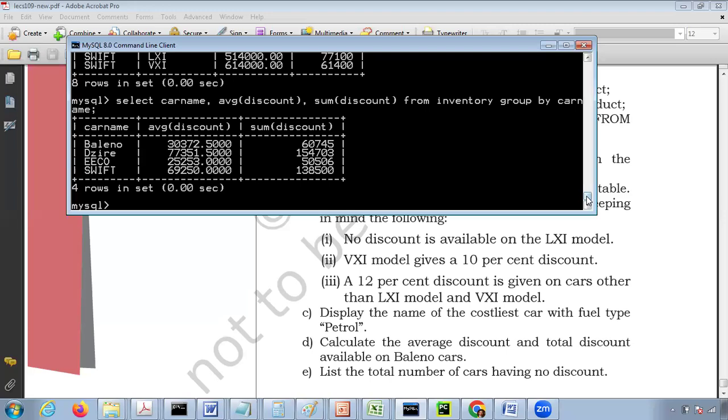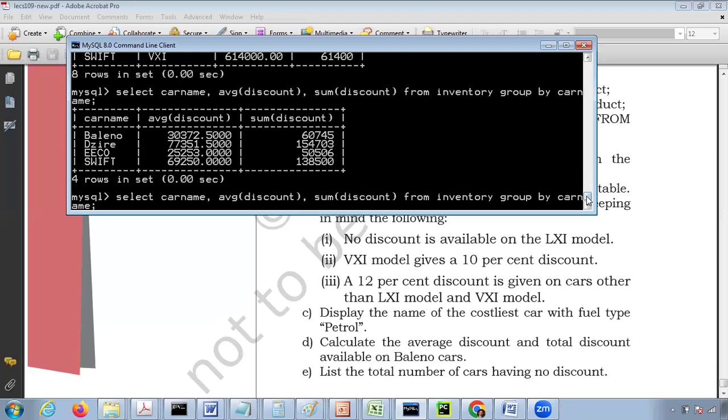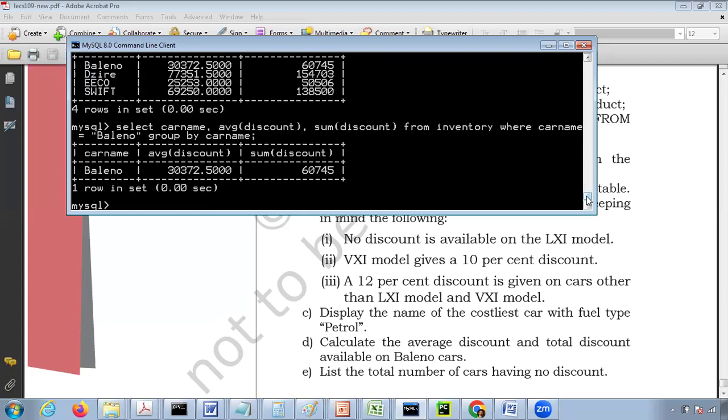So now we want to filter this output only for Baleno. So introduce a where clause where car name equals Baleno. Okay. This is the total number of cars having no discount. Okay, let's do one more update. Update inventory. Set discount equals case and